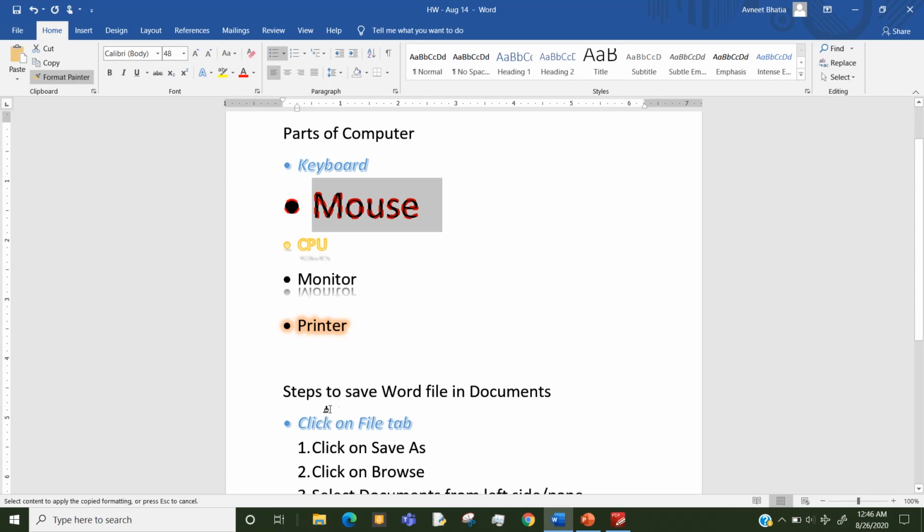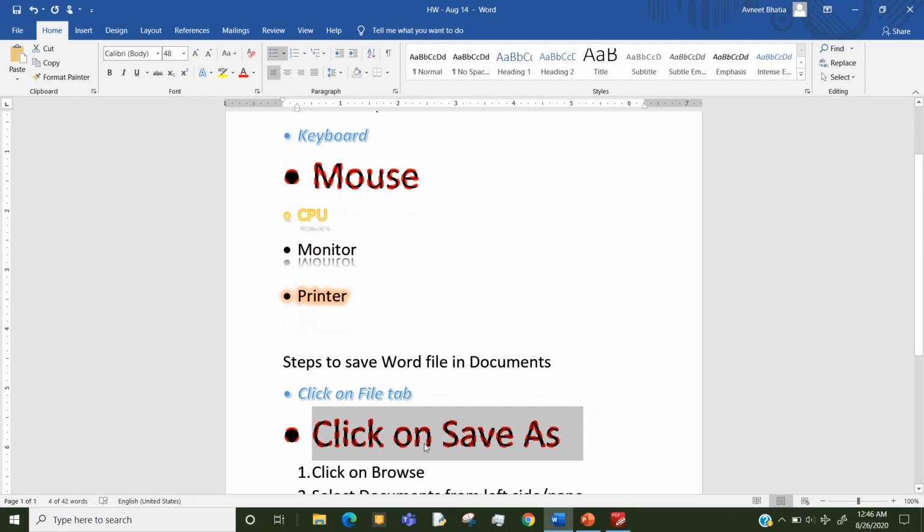Step 3, click at the beginning of the text on which you want to apply this formatting and drag till the end and then leave your mouse pointer and see your formatting is applied and your text is looking exactly same how you had selected. So clear how you apply formatting, how you copy formatting from one text to another.